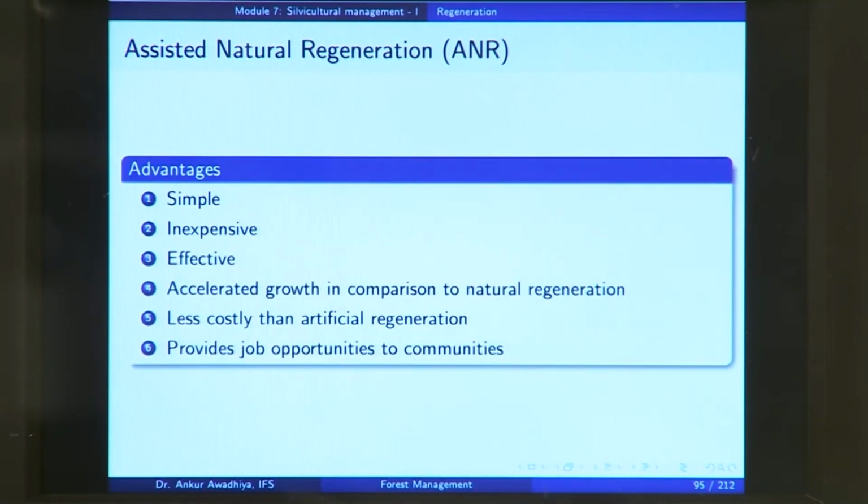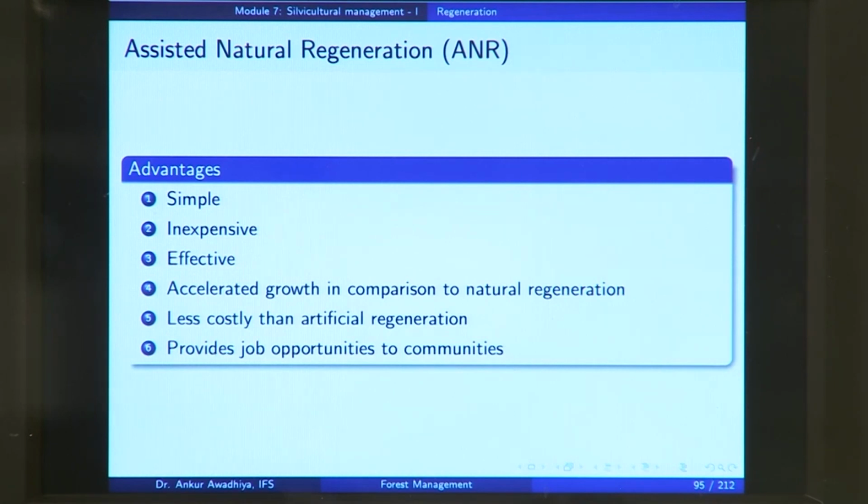Advantages: it is simple, it is much simpler than artificial regeneration, it is inexpensive, it is a bit more expensive than natural regeneration, but still it is very inexpensive as compared to artificial regeneration. It is very effective, there is accelerated growth in comparison to natural regeneration, it is less costly than artificial regeneration,